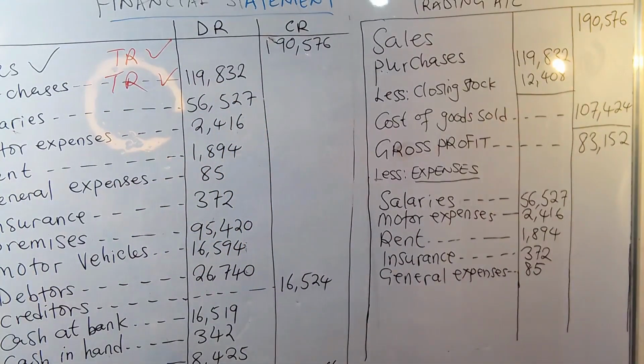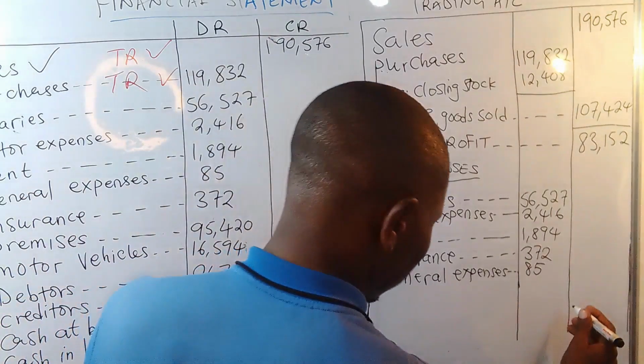So this is going to be 56,527 plus 2416 plus 1894 plus 372 plus 85. Okay, so we are going to have